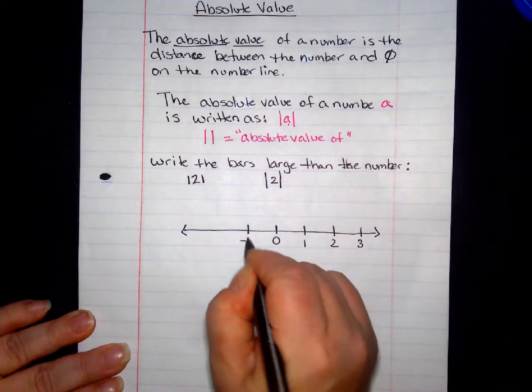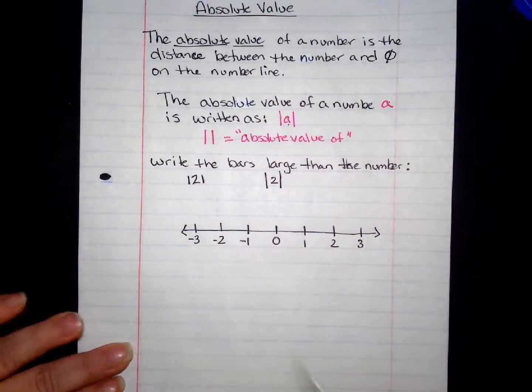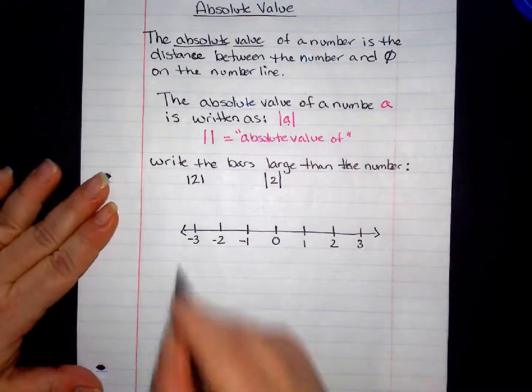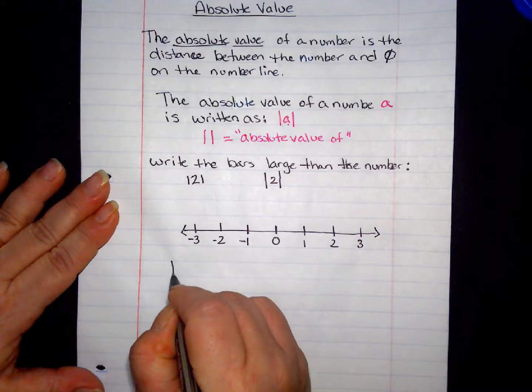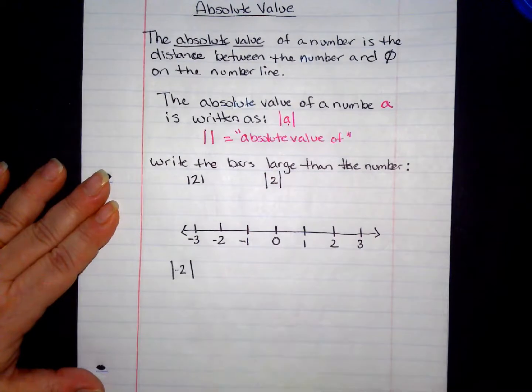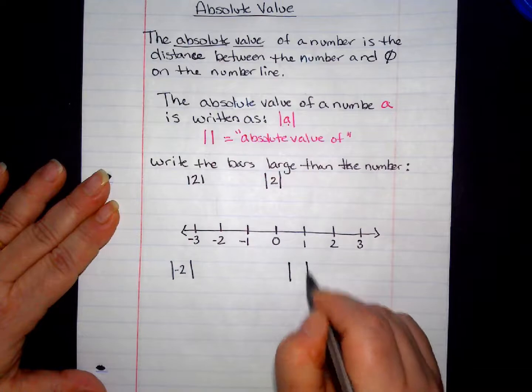Negative 1, negative 2, negative 3. Okay, so now if I want to find the absolute value of negative 2 and the absolute value of 2,